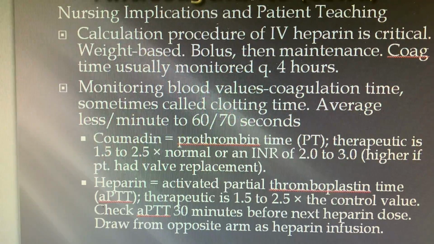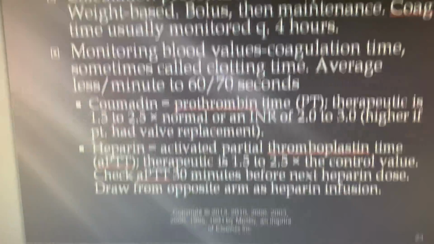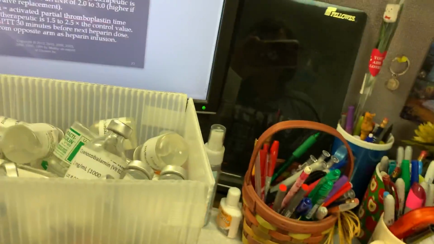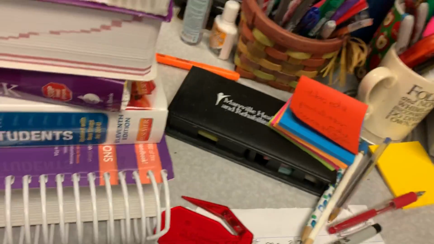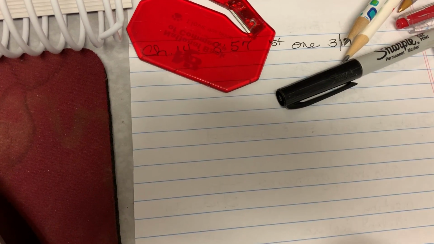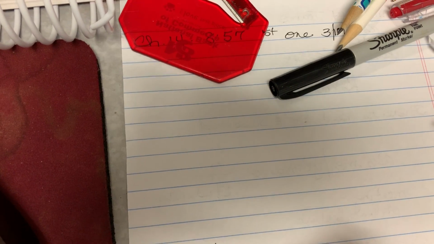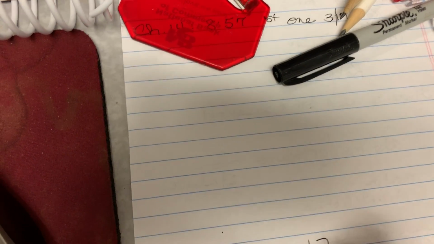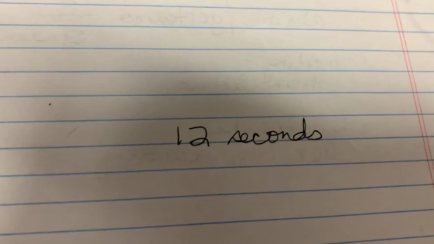So showing an example, let's say that someone comes in and they're unmedicated, and you check their PT, and it takes 12 seconds for that blood to form a soft clot in the tube. This is a person who is unmedicated. So what you're looking for once a person starts